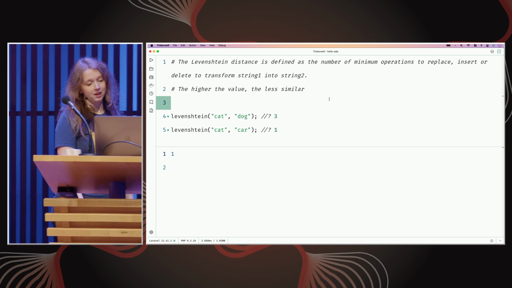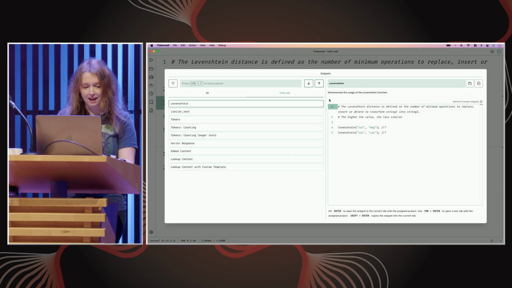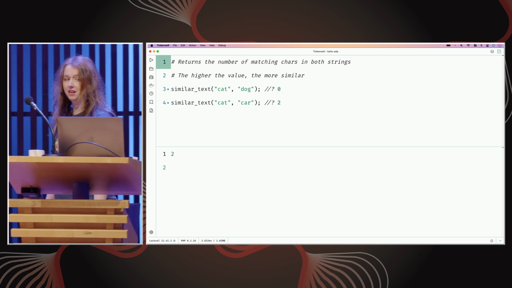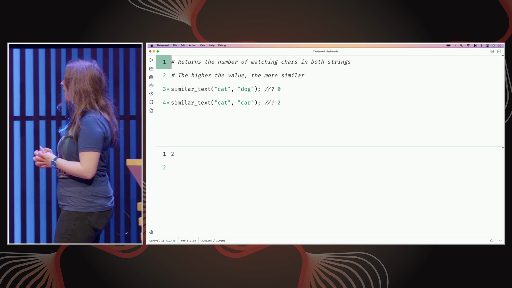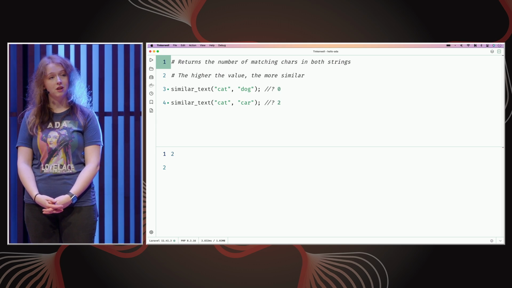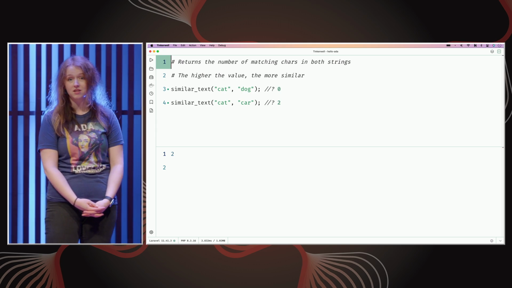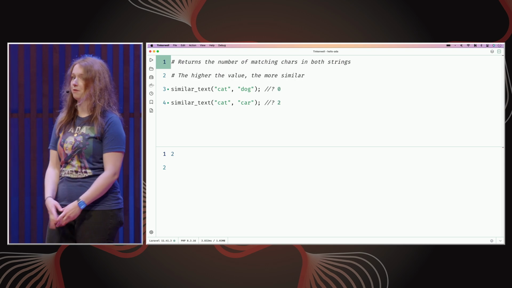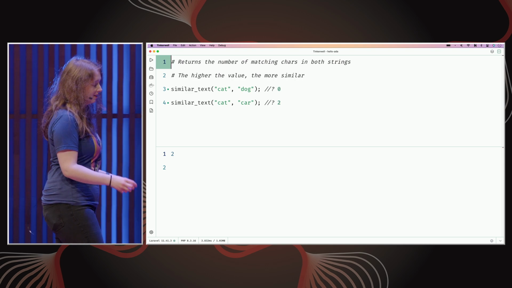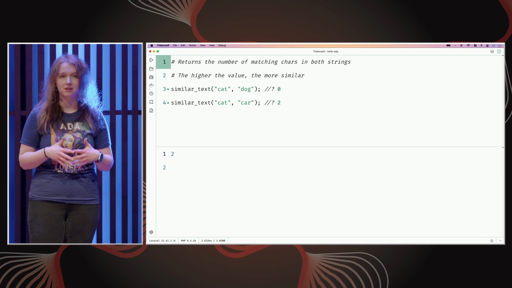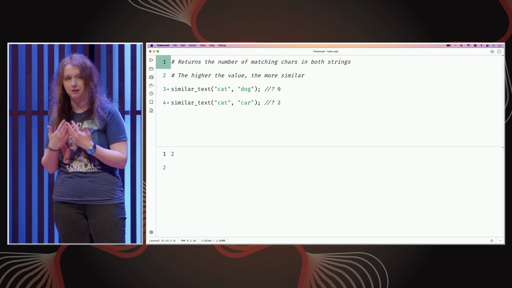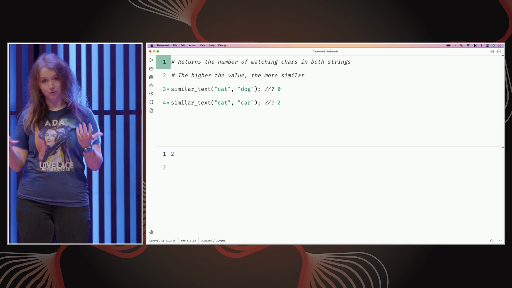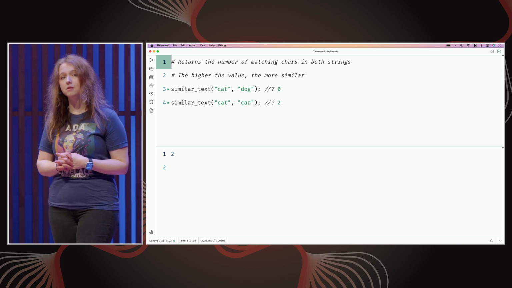But PHP literally has a similar_text function. And again, it returns the number of matching characters in both strings, and you see cat and dog don't share any character, but a cat and a car share 2. The Levenshtein distance is great for different things, for example, finding typos, but comparing characters, when it comes to comparing semantics of words and things, doesn't make any sense. And for that, of course, you might have guessed it, we are going to use embeddings.